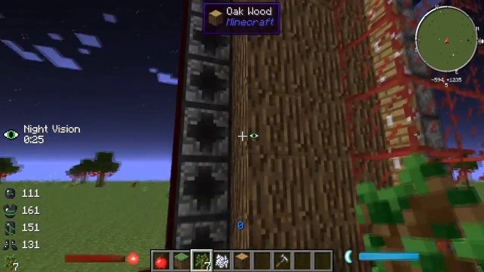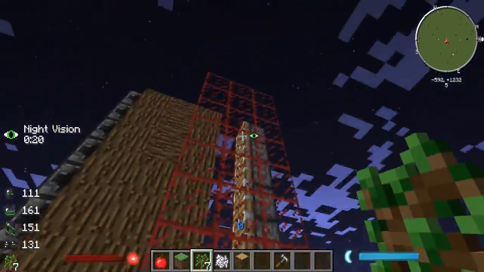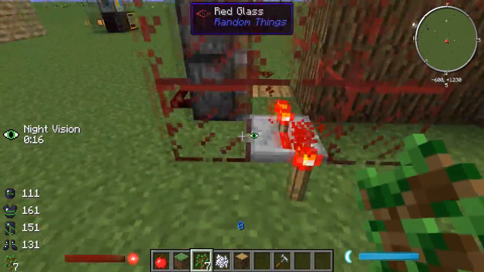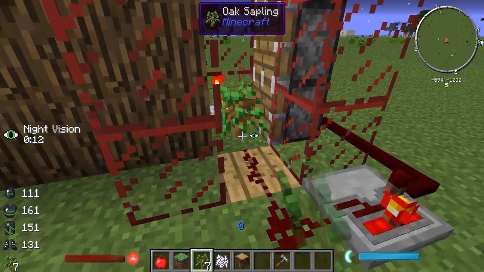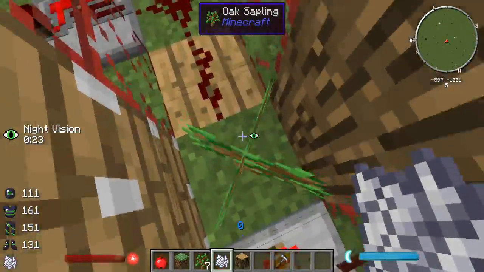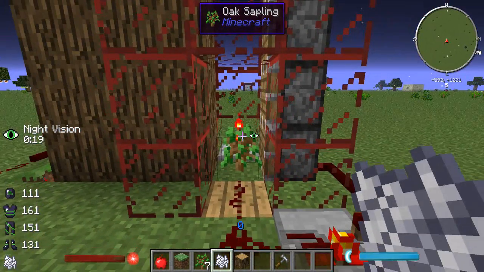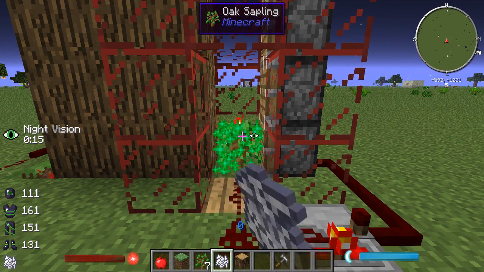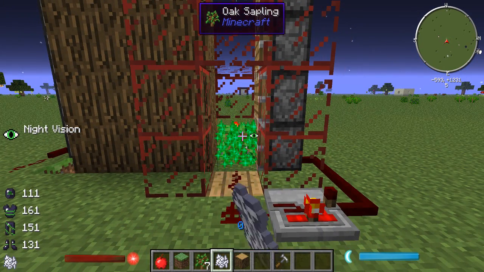It's basically block breakers which go all the way up 8 high, and pistons that go 8 high. There is a repeater here and there is a repeater here, and basically when you put the sapling down, the redstone signal will not go through this because it's not classed as a real block, it's classed as a fake block. But once you do grow the tree and it grows fuller to its maximum size, if it will do it at some point today,